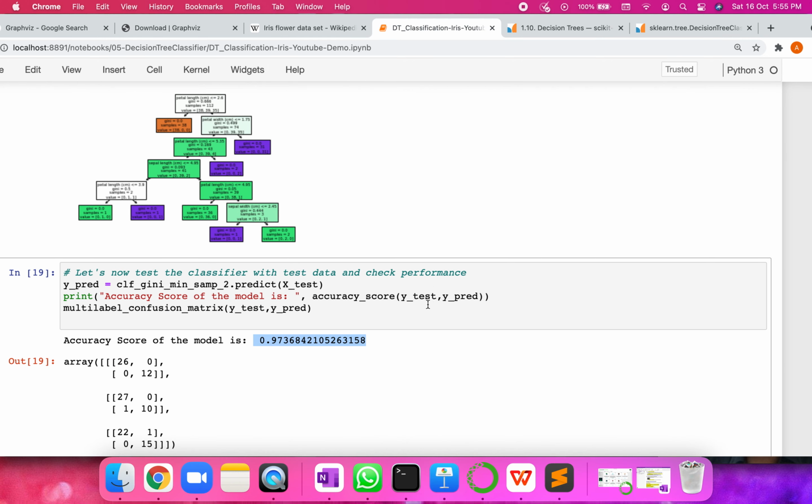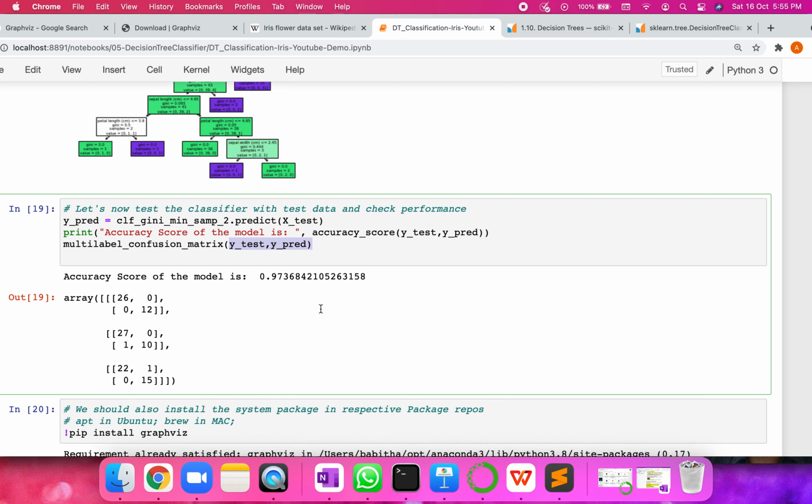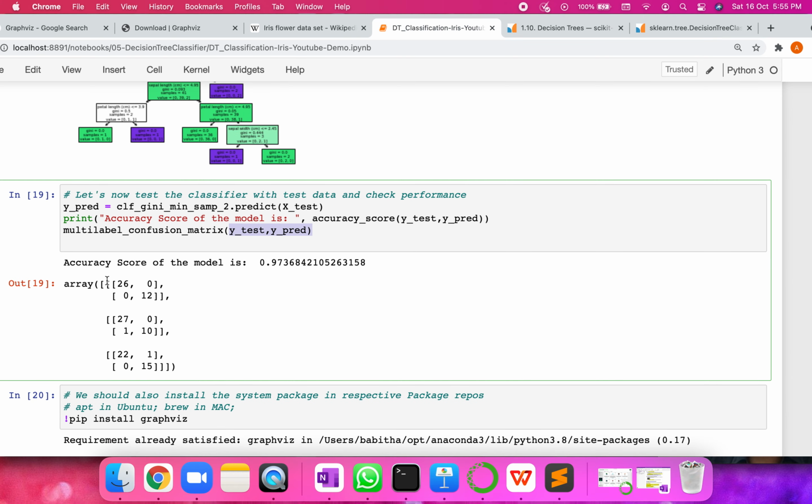So I think this has actually given a really good accuracy score here. And also another way of visualizing it is something called a confusion matrix. We will pass the same parameters, y_test and y_pred. So what the confusion matrix does is, for each classification here, it is printing three two-dimensional arrays, right? Three elements, each one being a two-dimensional array. This is for each output class, right?